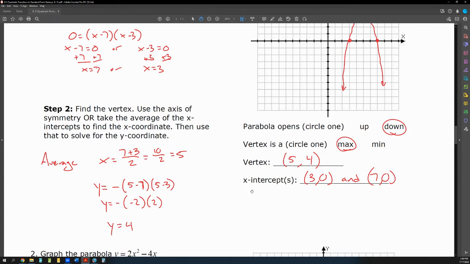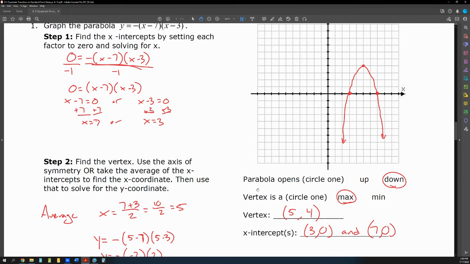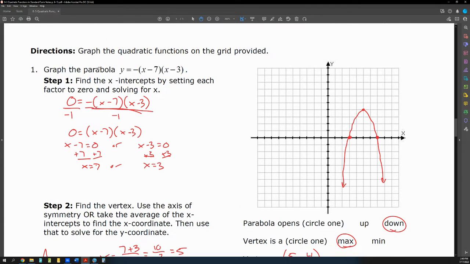Okay. Now, before we move on to number 2, is there a way that we could have told from the equation whether this function, this parabola, would open up or down? Take a look at the equation and see if you can determine from the equation whether it would open up or down. The answer is yes, we can determine from the equation,